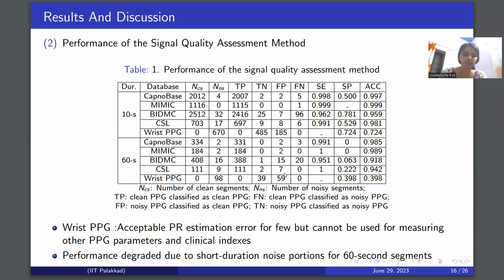And also, for the RIST PPG database, which had almost no clean segments, there were about 185 segments which were classified as clean by our algorithm. And by further investigation, we found that the pulse rate estimation error for most of these segments was also acceptable. But though they had acceptable pulse rate estimation error, they cannot be used for measuring other PPG parameters and